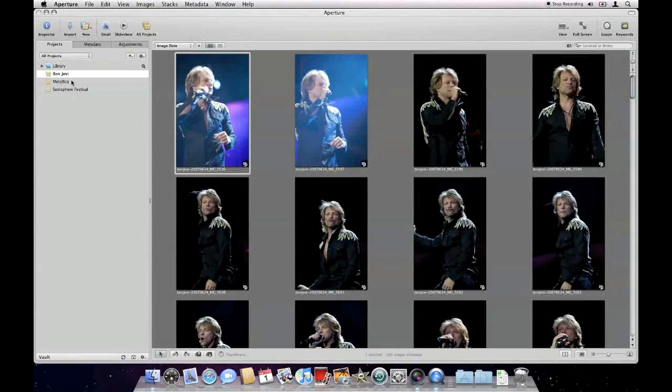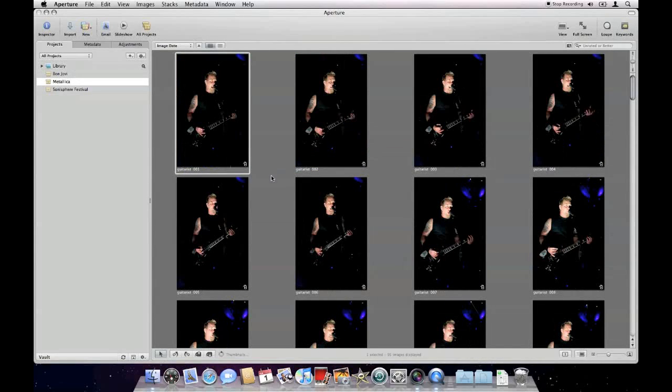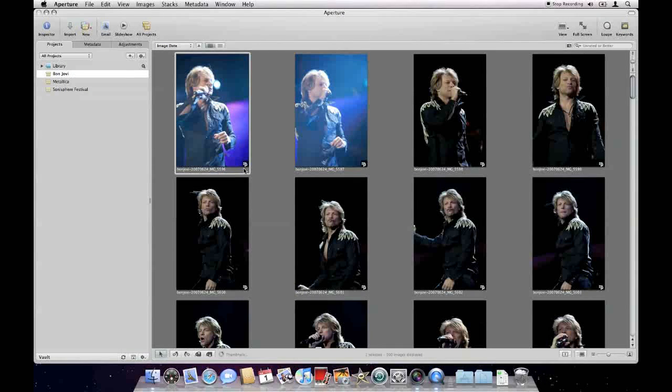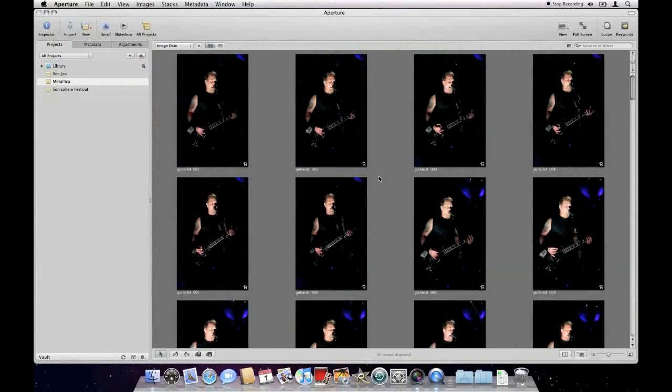Again, I'll go back to Metallica, and we can see we have this tag file which just lets me know that I've adjusted some metadata to the file. And back to the Bon Jovi files, and again we have this reference. It's like the alias logo when you create a shortcut on your desktop. If you do have your library split between files which are managed in Aperture and referenced on an external drive,